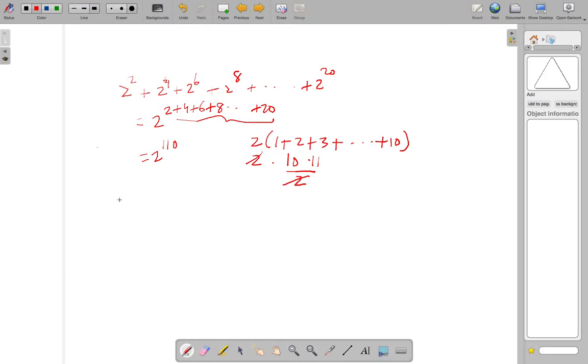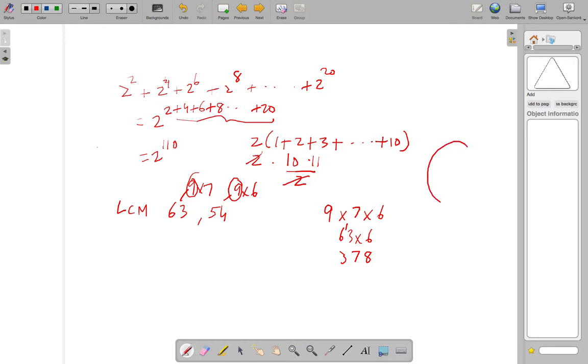So the LCM of 63 and 54. This is 9 times 7. This is 9 times 6. So we know that 9 is the GCD, right? So the least common multiple is 9 times 7 times 6. I think. Is it? Okay. So that is going to be 63 times 6. 378, right? So, in other words, the clock,